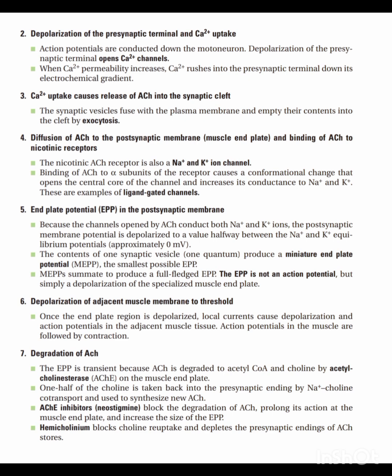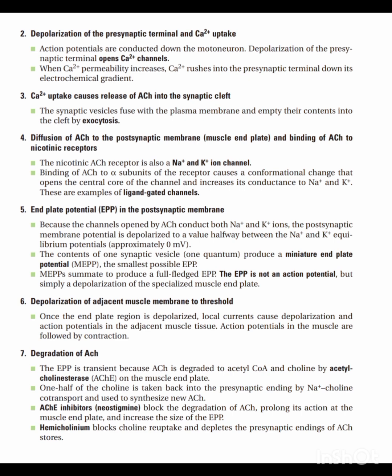So the next step is the diffusion of acetylcholine to the postsynaptic membrane, or we can call it the muscle end plate, and then binding of acetylcholine to nicotinic receptors, because we know that the neurotransmitter being released is acetylcholine and the receptors for it are the nicotinic receptors. So what happens is that the nicotinic acetylcholine receptor is an ion channel. It is a sodium potassium ion channel, and when acetylcholine binds to the alpha subunit of the receptor, there is a conformational change, and that opens the central core of the channel, and this will increase the conductance